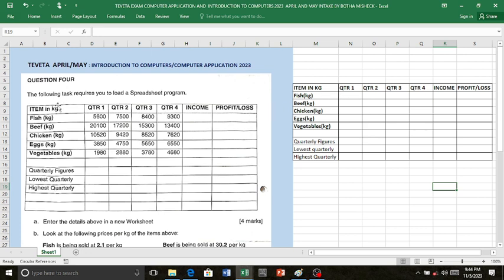So under fish, there you can put the figure you have, that's 5,600. Next you have 7,500. Just type there. So we're talking of 7,500. Next you have,